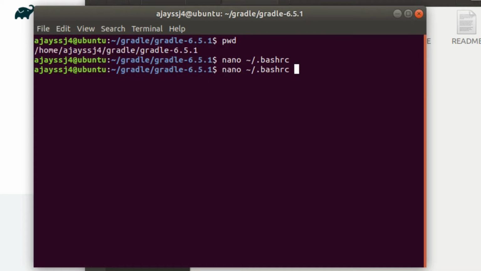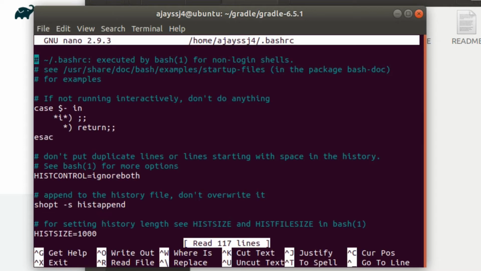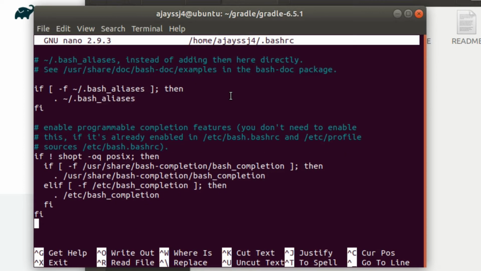We have to add this path into environment variables in the bashrc file. Now open the bashrc file to edit using this command, go to the end of the file and add export PATH equals to $PATH colon slash followed by the path that was copied before.